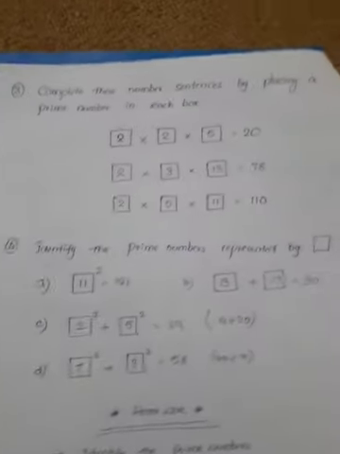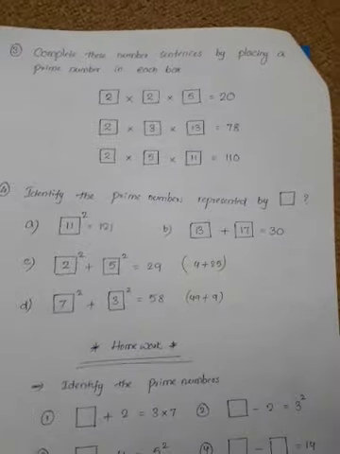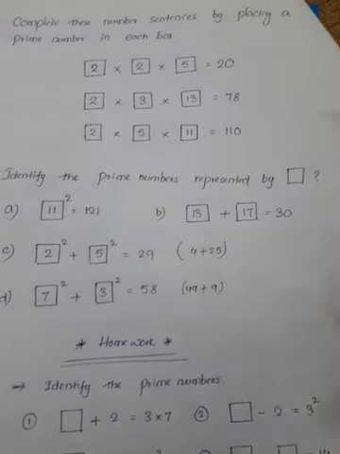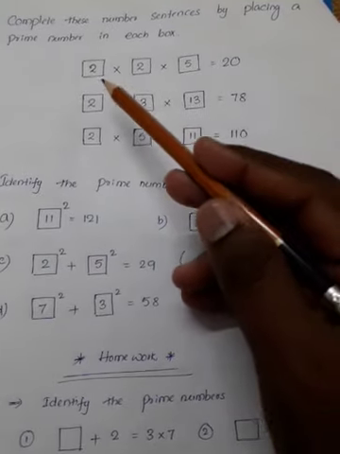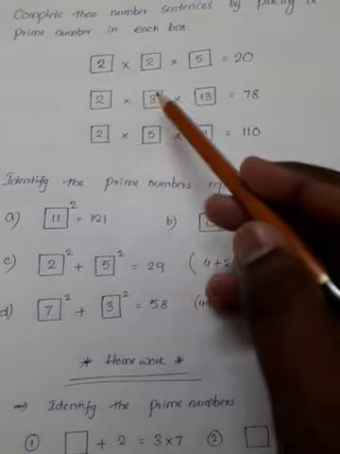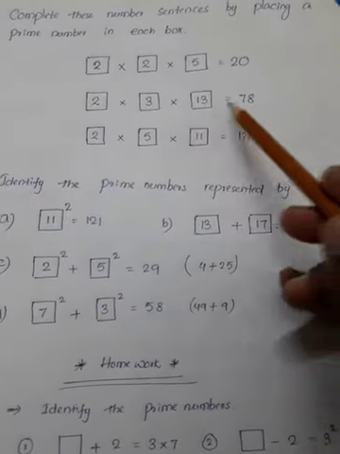Okay, next one. What is the next one? Complete these number sentences with a prime number in a box. Only prime numbers. Okay, like simple, you can remember it this way also. 2 twos are 4, 4 fives are 20, all are prime numbers. 2 threes are 6, so 6...